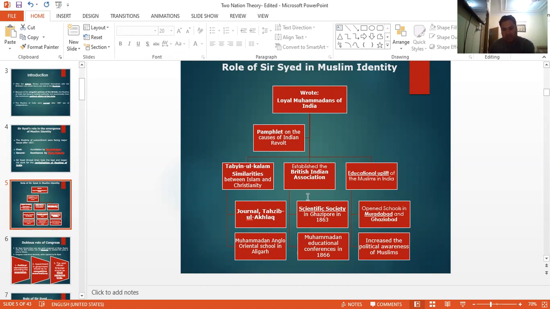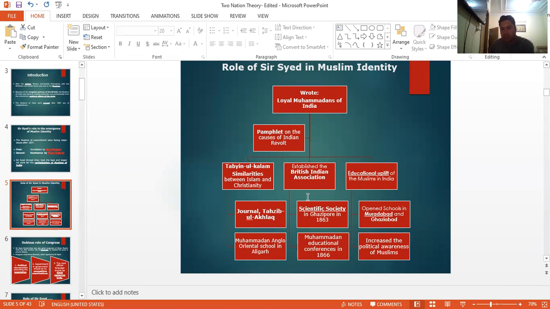And he also emphasized the point that the Muslims and the Christians of the subcontinent share a lot of things, and he tried to improve ties between both societies. In order to improve the situation of the Muslims in the subcontinent, he established many educational institutions,